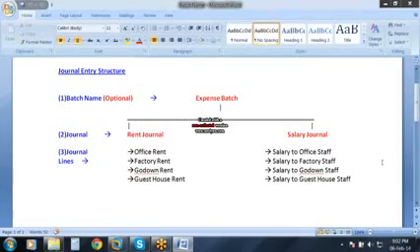Is this clear? Yeah. So how many layers are there? 3. Batch, journal and journal lines. Batch can be optional. But while understanding and creating, we'll create from the top layer: batch, journal and journal lines. Once you become an expert, then as we discussed, batch can be optional. We can also leave the batch. Shall we go and simulate it? Yeah.